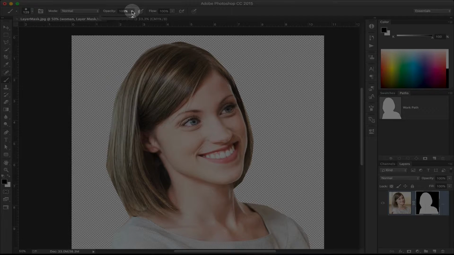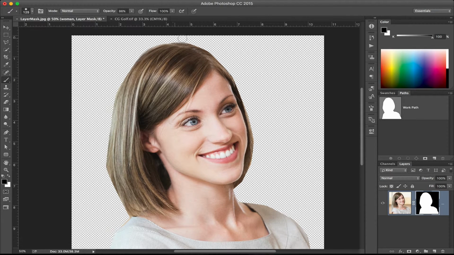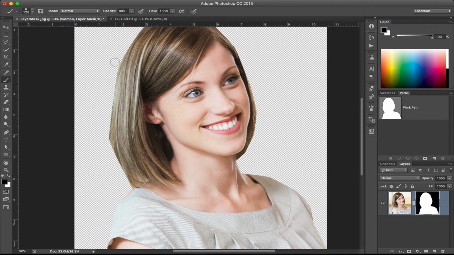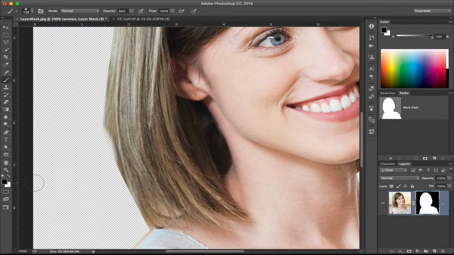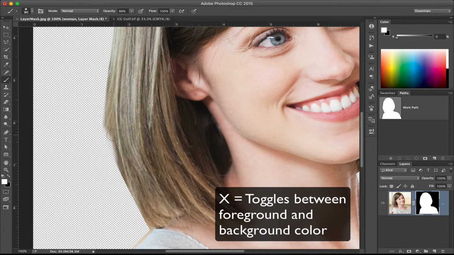Now if I'm going too far, you can reduce the opacity of the brush just a little bit. We don't want too much feathering, but we could go around the hair and soften up some of the hair strands here so that it's not so harsh. And if we go too far, like I did just now, I'm going to zoom in on this. All I would need to do is switch to white in my foreground. And the shortcut for that, by the way, is X on your keyboard to toggle between foreground and background. But if I went too far like I did, I could select white and I could just start to paint back